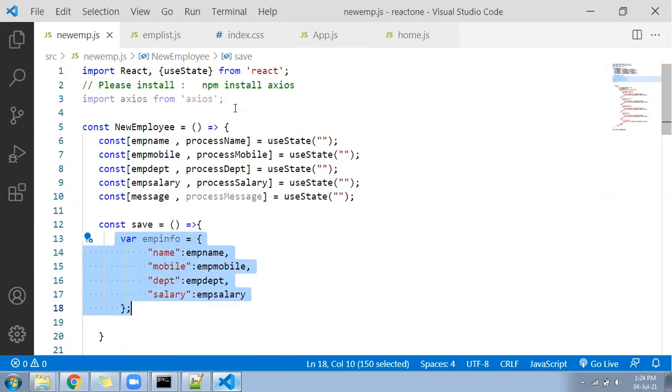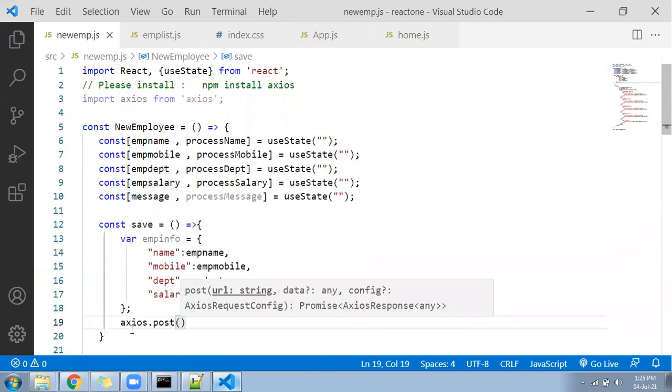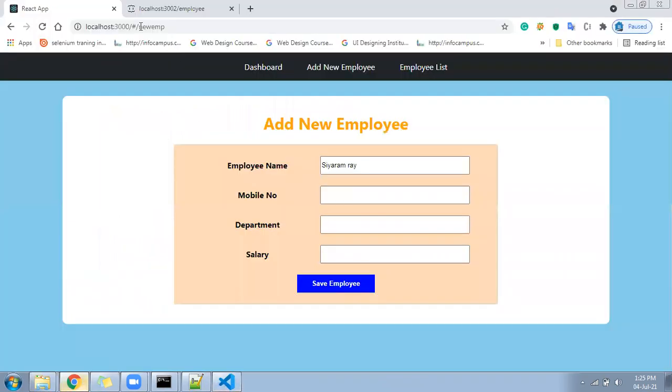Look here. Hope you have installed this, and after that I'm going to follow this Axios. Come down below. I will be writing here axios.post. Inside that you have to pass the URL, to which URL you are going to post. So definitely we need to post to the same URL here. Sorry, not that URL.